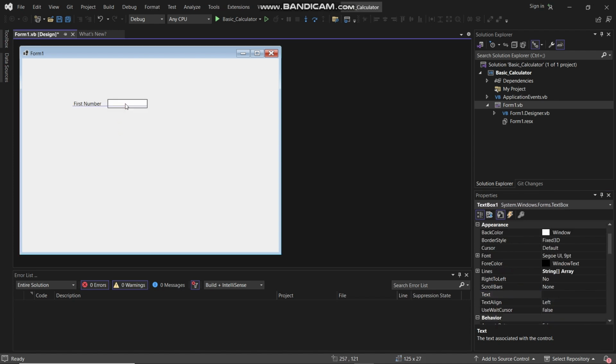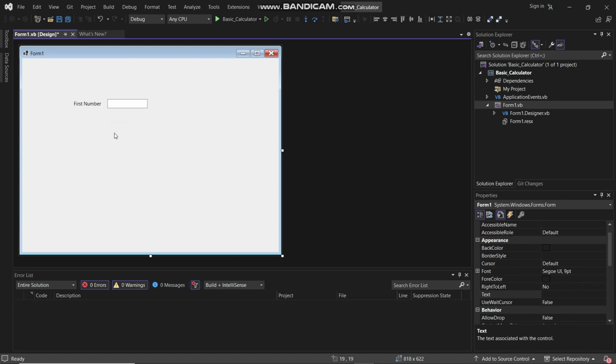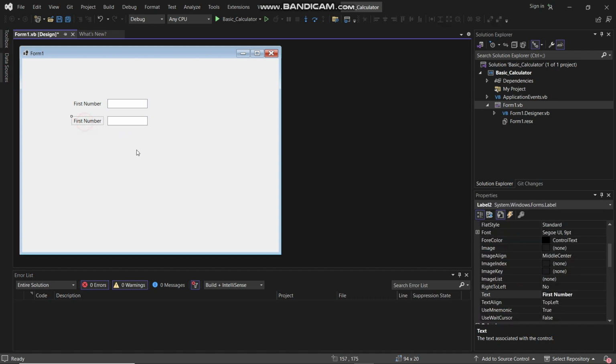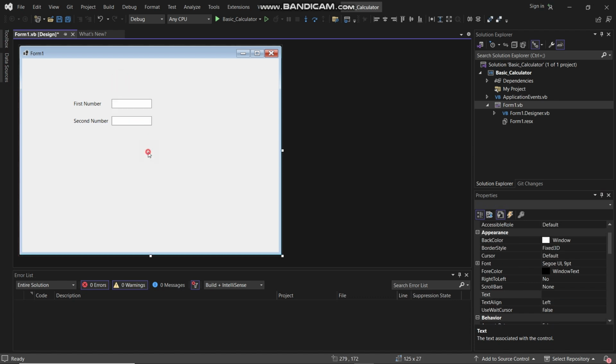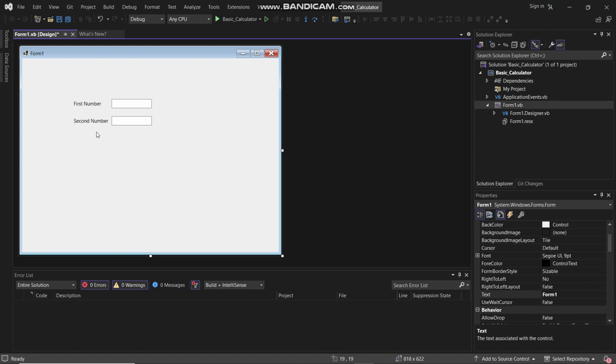Okay, copy both. After aligning these, I will copy both so that I save time by copying Control C, Control V, so that I duplicate the boxes and the label. I will rename this one the same property. Instead of writing first, I'm now in second. It's now the second number, which is where you are going to be pointing where your second number will enter in the text box that is adjacent. So when you select the text box,